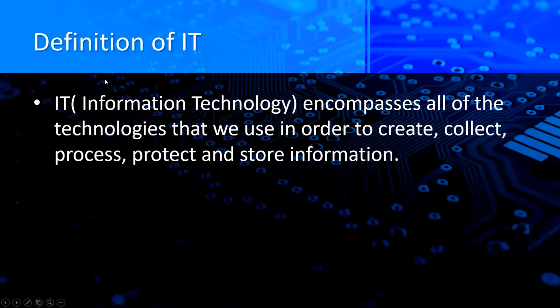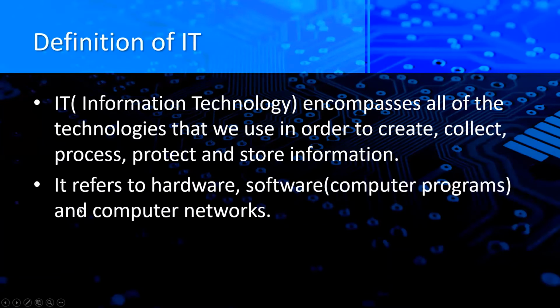Now अगर मैं IPO की बात करती हूँ या फिर input, process and output की बात करती हूँ, so always remember when you are checking about IT, it is bifurcated, क्योंकि हम लोग मशीन यूज करने वाले हैं, कोई तो टेक्नोलॉजी यूज कर रहे हैं, so it deals with the hardware and software. मशीन को ऑपरेट करने के लिए एक प्रोग्राम को एग्जीक्यूट करना रहेगा, वो प्रोग्राम मशीन का सॉफ्टवेयर बन जाएगा। मशीन के जो भी फिजिकल कंपोनेंट्स रहेंगे, that will be hardware. So when we are dealing with IT, it refers to hardware and software, that is computer programs and computer networks, and how it is communicating, how it is bifurcating, how it is giving acknowledgement for everything. So that will come into the computer networks.